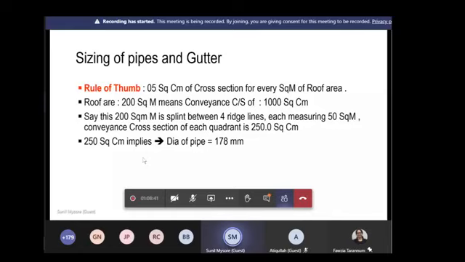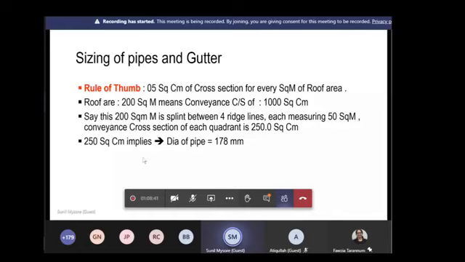Most practical engineers will quickly make out this is an over design. You don't need so much; instead of 5 you can take 4 or even 3.5, which works pretty well. But 175 mm pipes are not available. You get 90, 75, 110, 160, 210 and so on. So to match 178, you can use the nearest diameter, that is 90 mm, and use 2 of them.